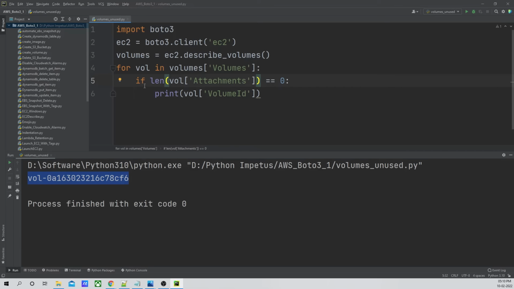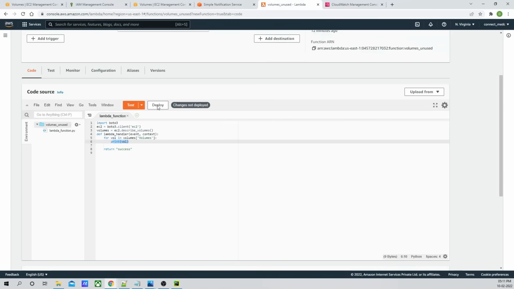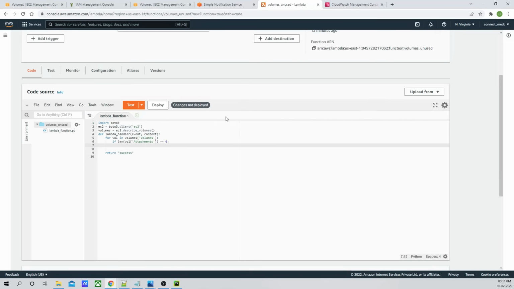So this is the same code that I will just go ahead and copy paste over here. I showed you this in the editor so that you can understand what exactly is going on in the backend while we are using this Boto3 function and how we are traversing the dictionary. So I will just copy this from here, go back to our code in Lambda. So under the for loop, I will write the if condition, and in the if condition, now we will write our original code. So in our original code, I am going to write vol1 is equal to